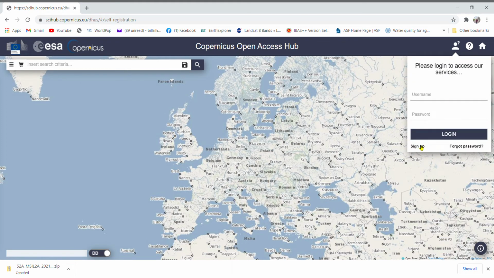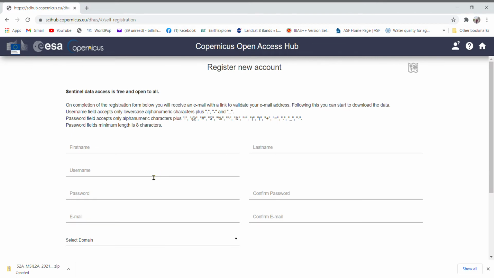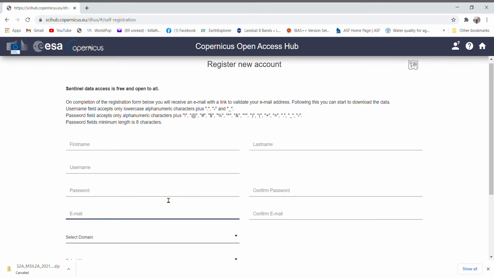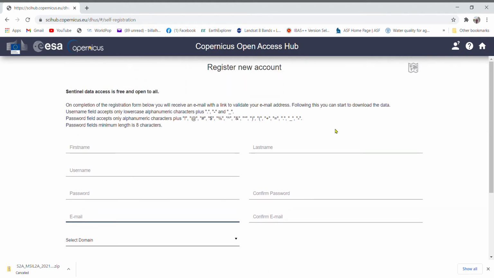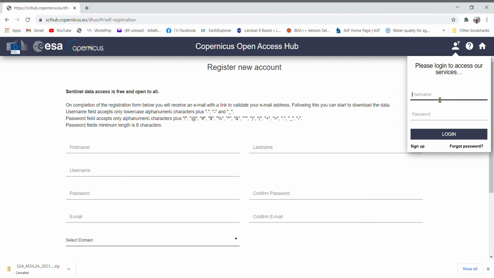Just go to the sign up option here, and then you need to write the first name, last name, username, password, email, and after filling all these criteria you will be able to create an account. So once you have created an account, you just go to the login function and write the username and password, then login.